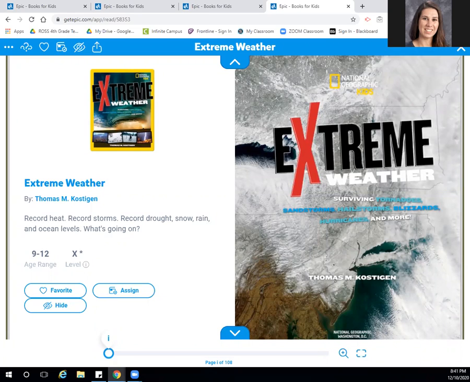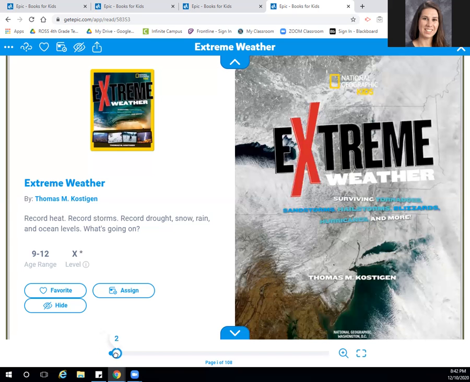I am going to show you how you can use books to help you find more information and do your research on your weather phenomenon. If you notice, this book right here just says extreme weather. And in the title, it says surviving tornadoes, sandstorms, hailstorms, blizzards, hurricanes, and more. It does not list droughts in here, but I can come into my text and look and see